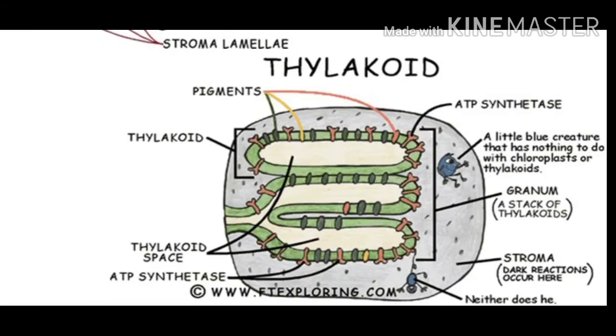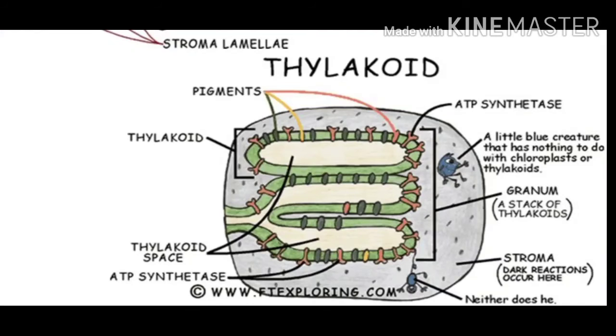So here you can clearly see the thylakoid. One coin-shaped structure is called a thylakoid, which is made up of a membrane and a hollow gap-like center, which is called a lumen. Some of the thylakoids will have a lumen which will be connected to another stack of thylakoids, that is the granum. So there is a connection from one granum to another granum with the help of long strand-like structures connecting through these thylakoids to a thylakoid of another granum.